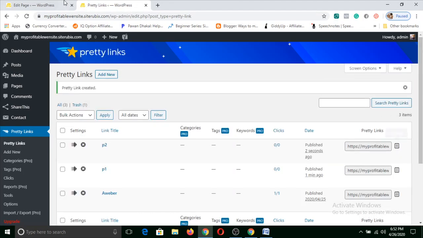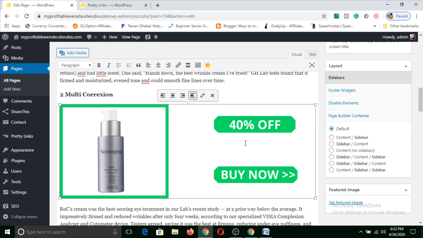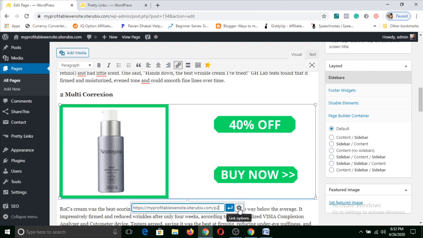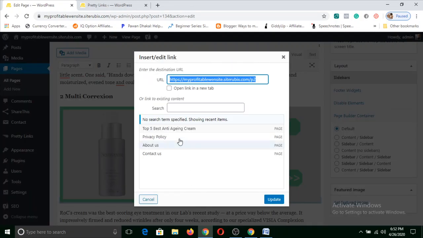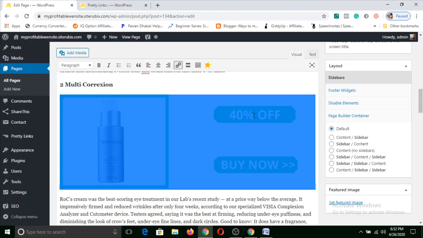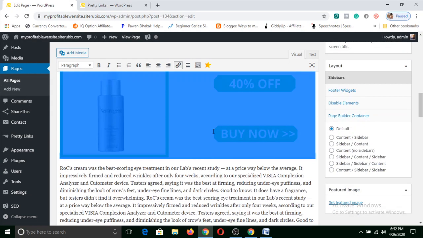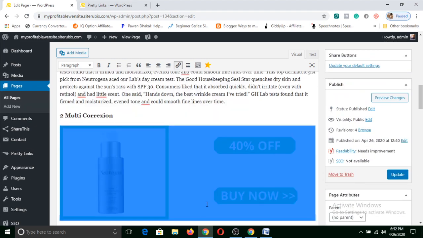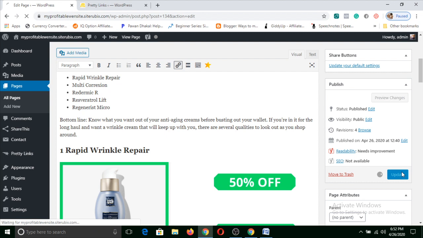Simply click on copy, then click on the image and click on insert edit link, right click here and paste it. Click on the setting button and click on open link in new tab. Tick mark this part and click on update. Now you can similarly use all the links in these images and click on update.